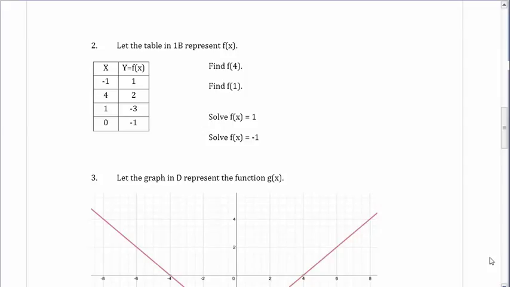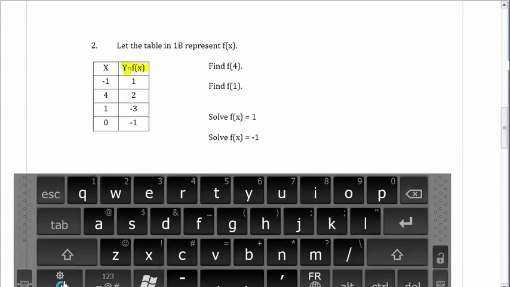This is part 2 of a video set on functions, and in this video we're going to talk about how to evaluate or solve equations involving functions when all we're given is the table or graph. So number 2 here starts with a table, and in this table I've relabeled the y column f of x. That's the first thing that you need to understand, is that when you see the notation f of x,